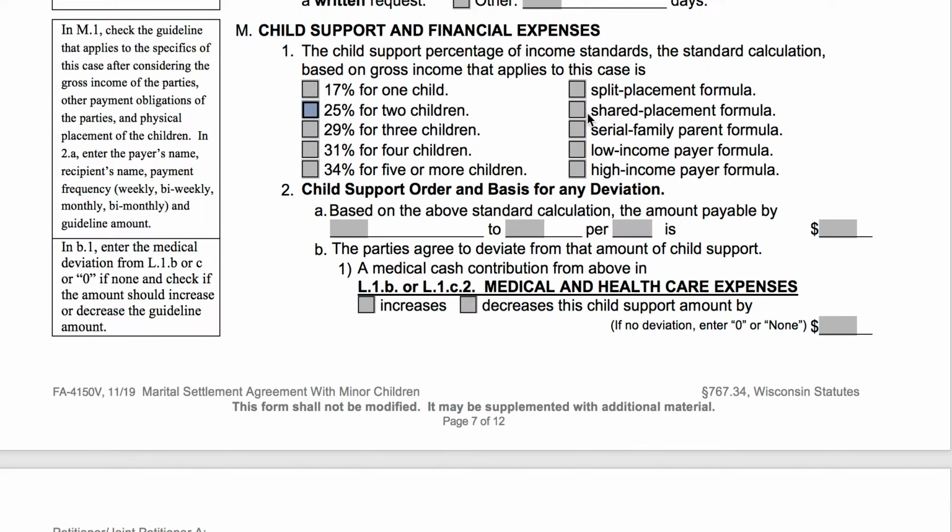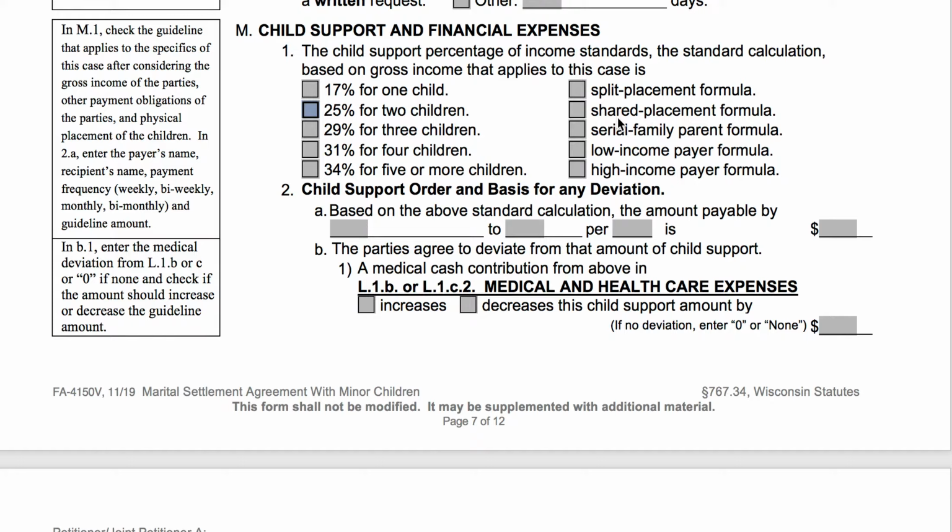Shared placement is defined very specifically. It is where the person with less time has at least 92 overnights in a year. A lot of people will say, oh, we don't have shared placement because we're not asking for 50-50. Keep in mind that shared placement isn't 50-50. Shared placement is, does the person with less time have at least 92 overnights in a year? To give you an idea of what that could look like,